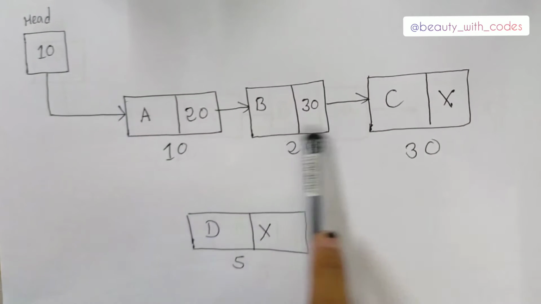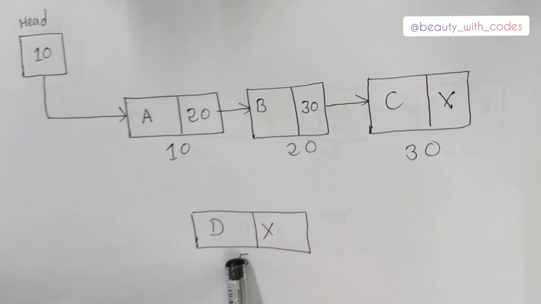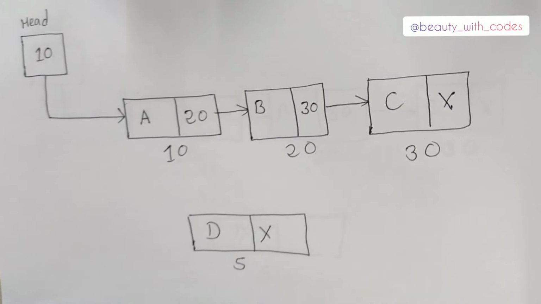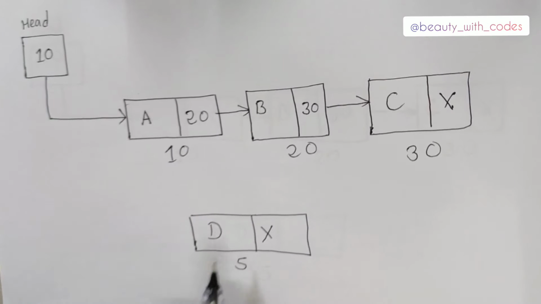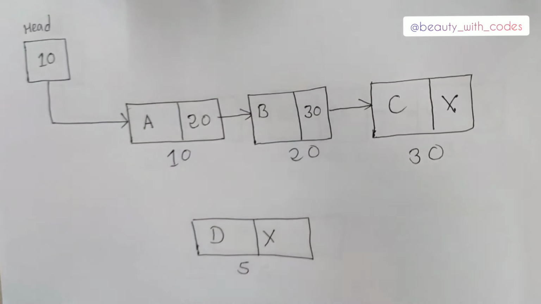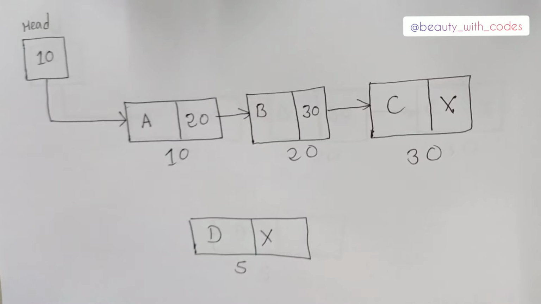So I think we should start with insertion at beginning, then we'll move to insertion at end, and finally insertion at any position. So let's get started with insertion at beginning. So guys, this is our original linked list and we want D, a new node, to be inserted at the beginning. So we want our linked list as D A B C. D must be the first node, then A, then B, and then C. So what can we do? We could do 2 things. I'll explain both methods, and you have to say which method is the best.